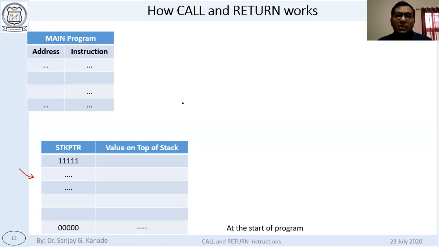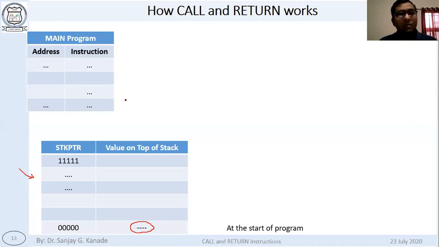So at the start, as you can see here, when the microcontroller starts, the stack pointer value is 0, and nothing is stored at that particular location.